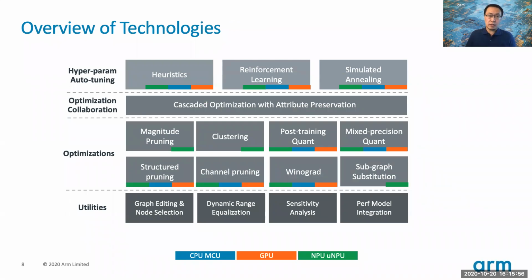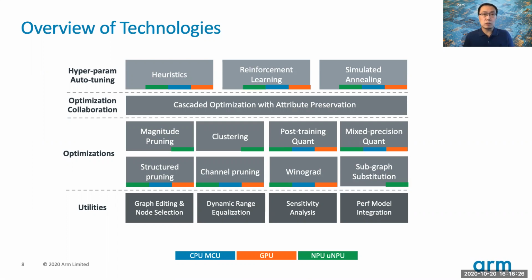An overview of the technologies needed for model deployment optimizations is described on this slide. At the bottom, we have the utilities that typically allow you to do graph editing and equalization, sensitivity analysis, and performance modeling integration. And then on top of that is the meaty part of the work, where we see the individual optimizations. Although on the opening slide we talked a lot about the NPU features and so on,